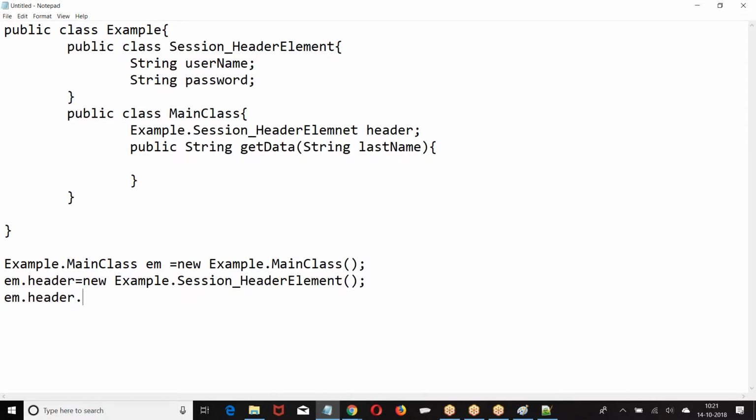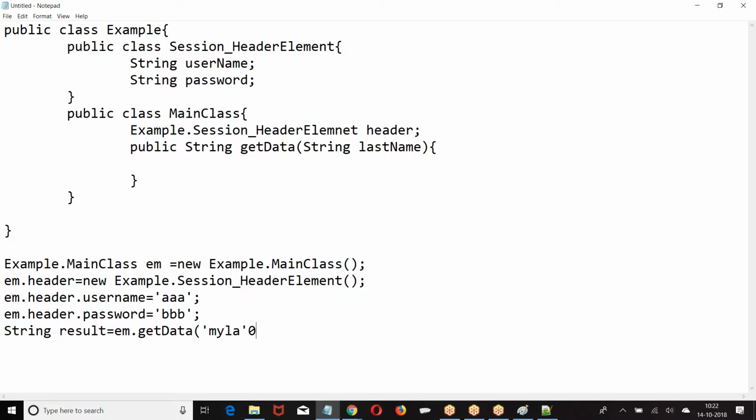Em dot header dot username. Then what are you supposed to call? Em dot get data. This is how we invoke.